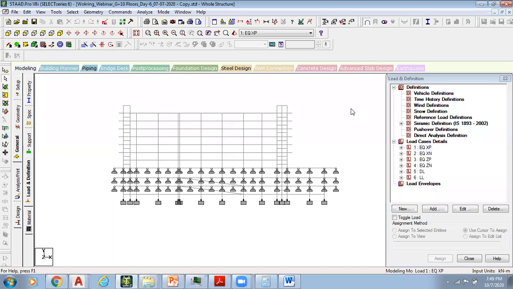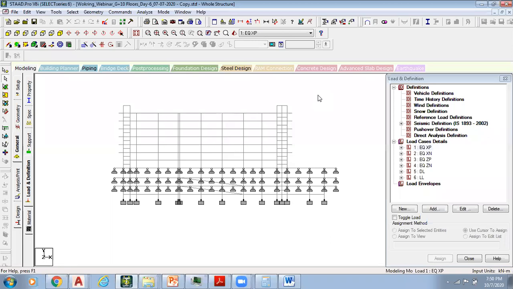So based on the load combinations in the IS 456 2000 code book, table number 18, we have to take the load combinations and apply them to a software. It can be STAAD, it can be ETABS. Apply those load combinations to a structure, and then we can run the analysis. Once we run the analysis, STAAD Pro will automatically run the analysis considering all the load cases and the combinations given to the structure.